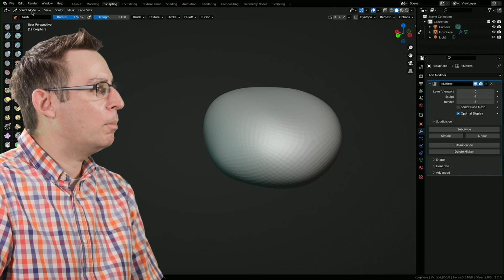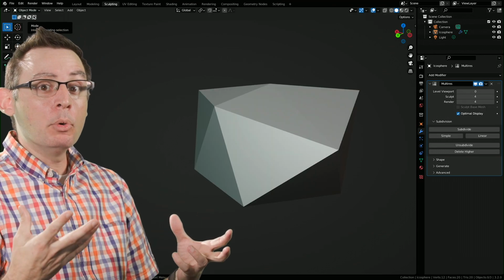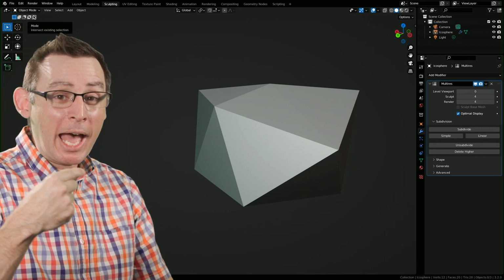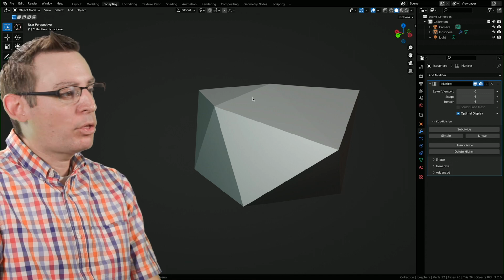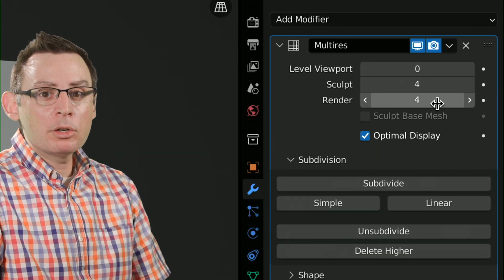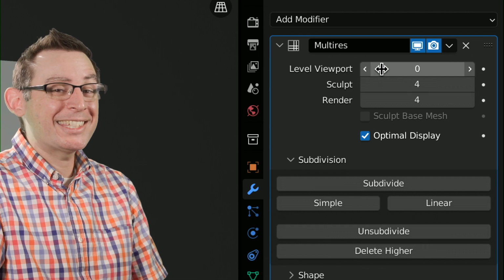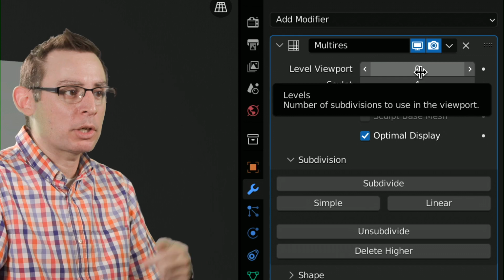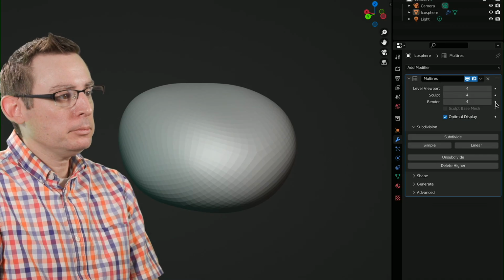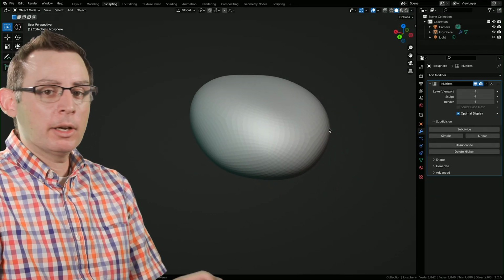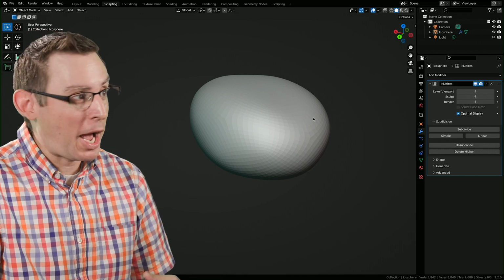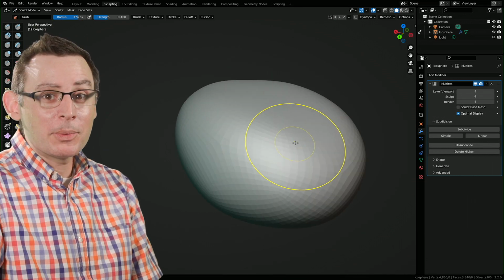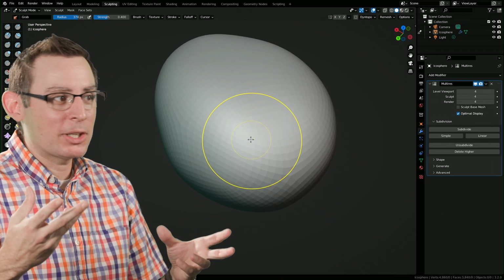Let's transition from sculpt mode over into object mode, and boom, immediately we're seeing that low resolution icosphere that we saw, even though we have a modifier applied. So think of it like this. This is the render view. This is the sculpt mode, and then this is object mode. If you want to see the impact of this multi-resolution modifier in object mode, make sure you turn this up. There we go. And now I'm in object mode, and there is my rock. Although it doesn't really look like a rock anymore. It's been so smoothed out by the multi-resolution modifier that we have some work that we need to do back in sculpt mode. And this is where it gets a tremendous amount of fun.